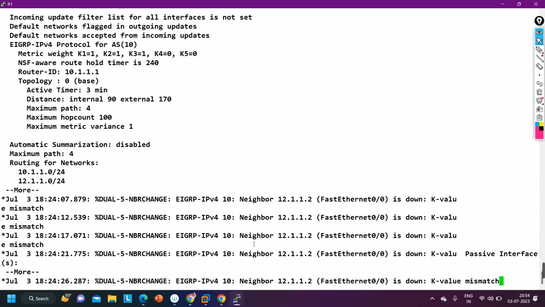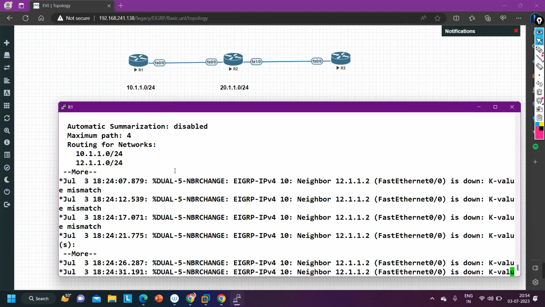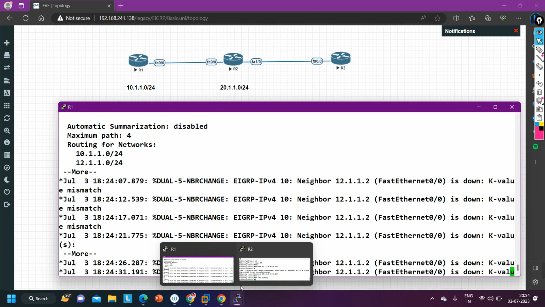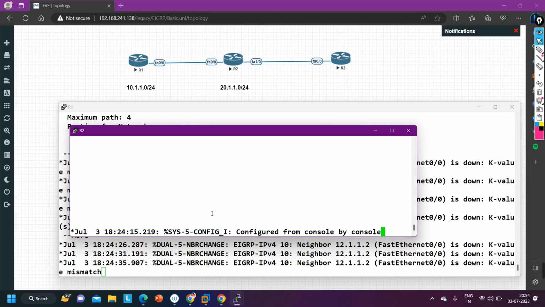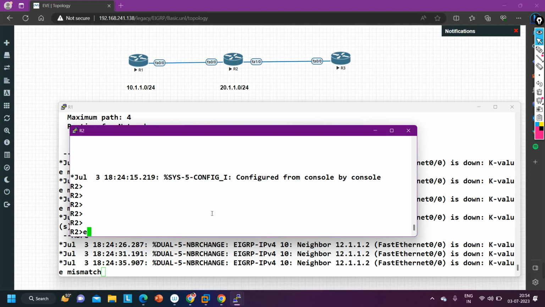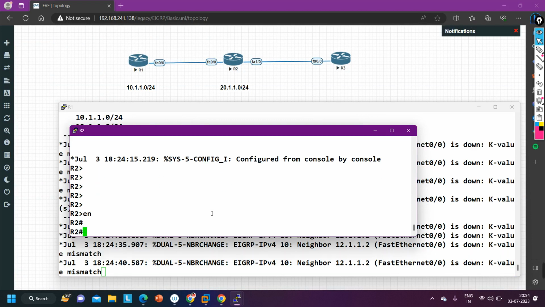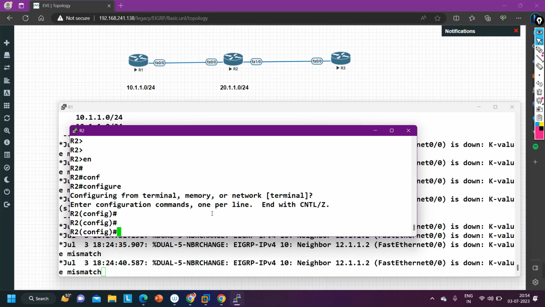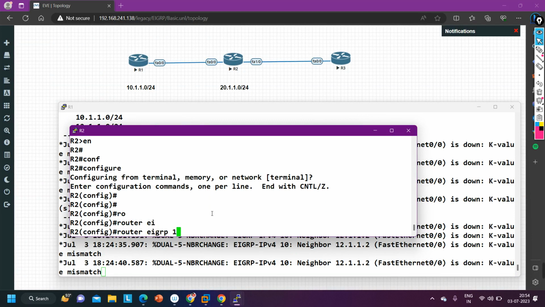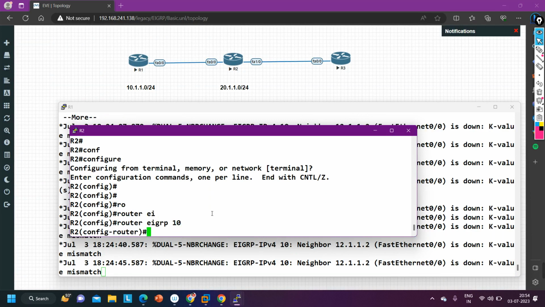So sometimes you will get this type of error as well. If you are using K1, K2, K3 on router 1, that means router 2 should also use the same K values. So here also we need to configure: config t, router EIGRP AS number 10.